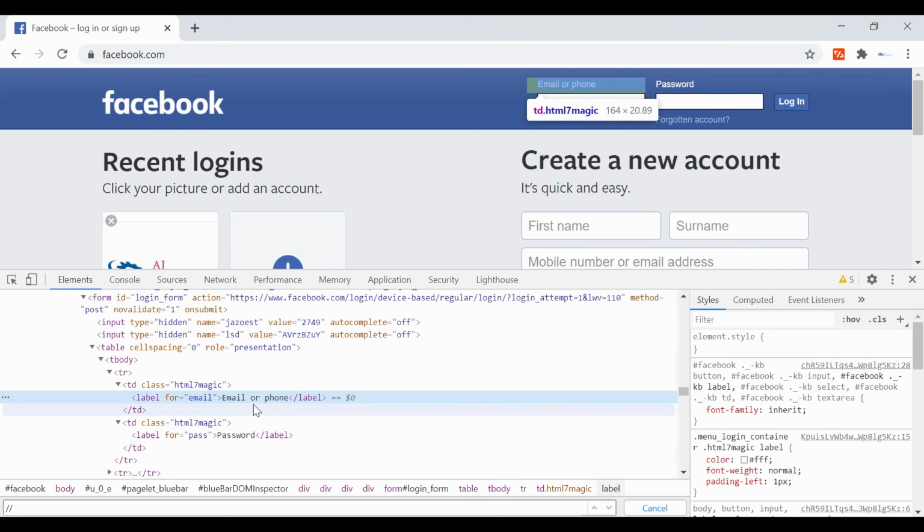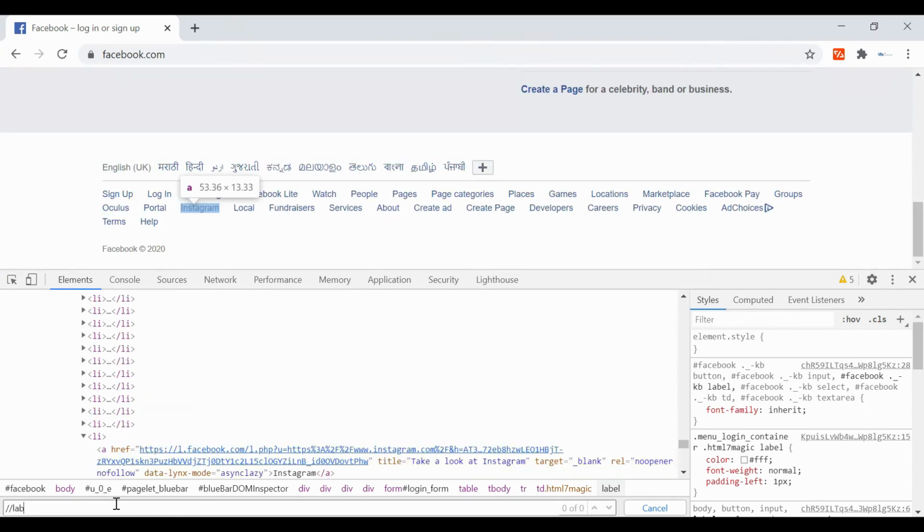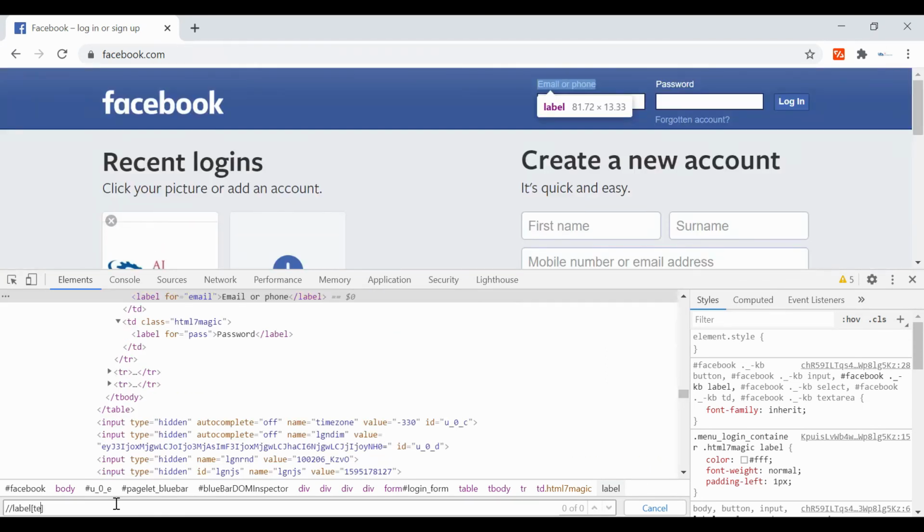As of now we have already created XPath for this element. How can you create it with the text, let's say label text equal to single quote.